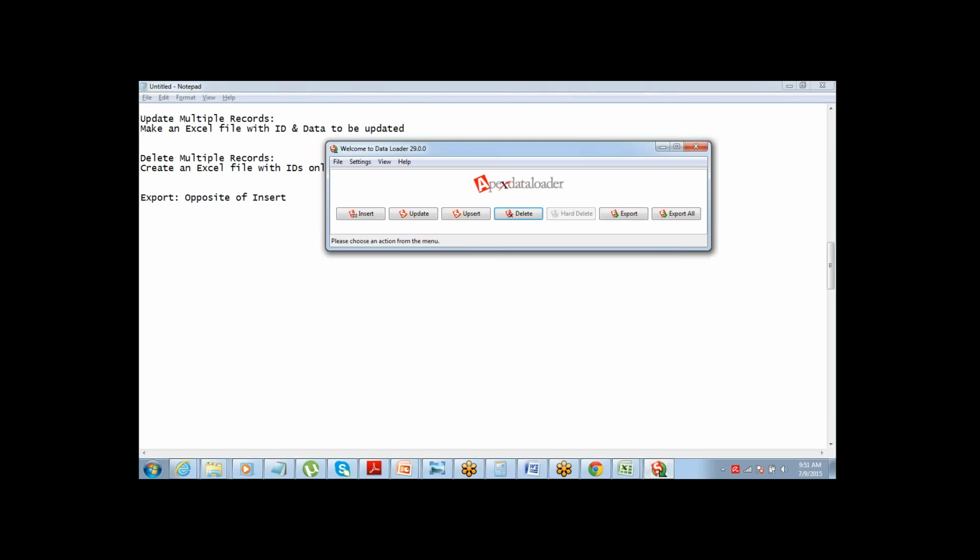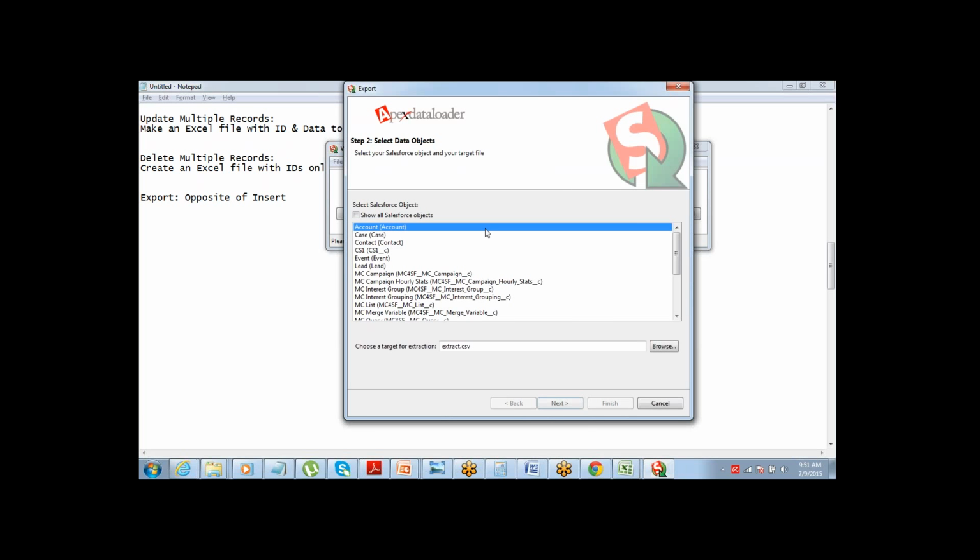Just go to the data loader and click on the export button. Let's say you want to export accounts, select account. Then you can select your target extraction location, where you want to save the extract file. The exported data will be saved in extract.csv, and you can define the location.